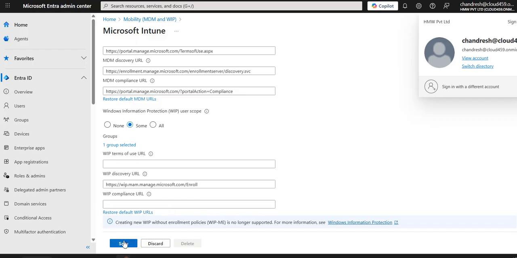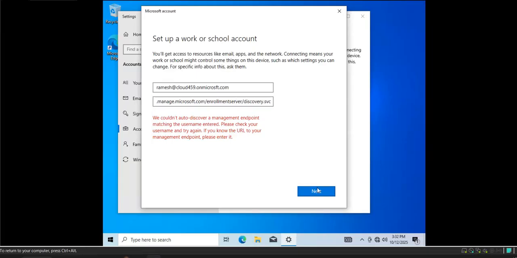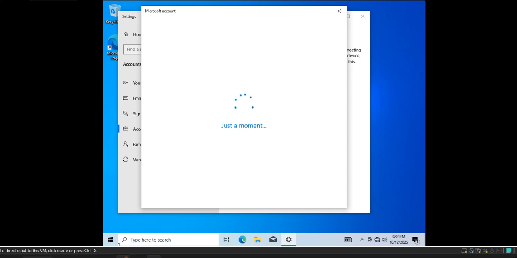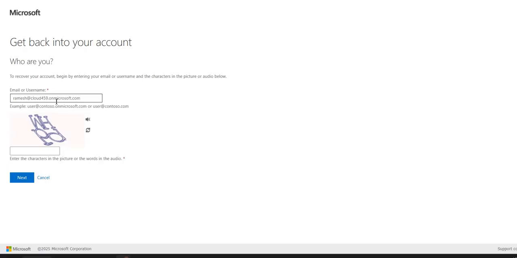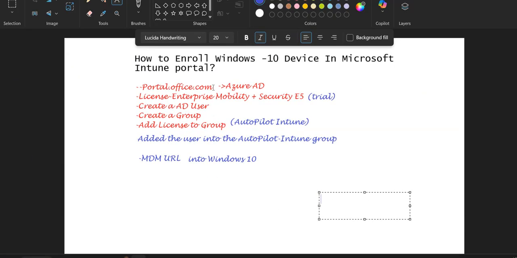select, and it will create a Windows Information Protection user scope without any, but it is not supported for this. So we can just leave that and save it. Okay, so you can see that guys, it is successfully saved. Now we will enroll the device again, and I will go to next, so that it will take some time to register the device. So please stay tuned. Setting the password for this user, cloud459, by going to portal.office.com, and on this portal